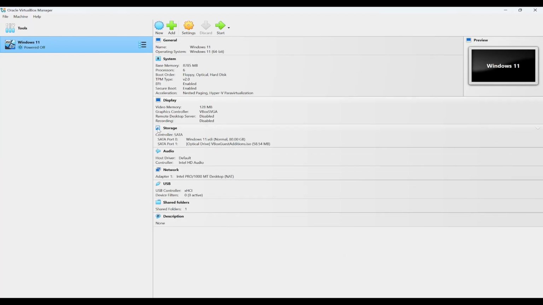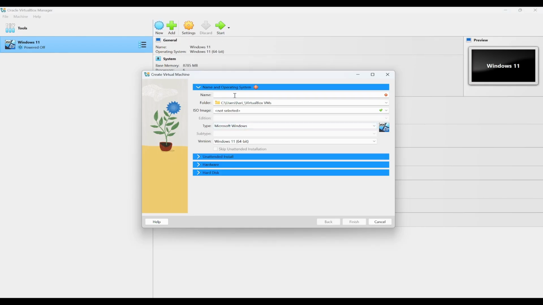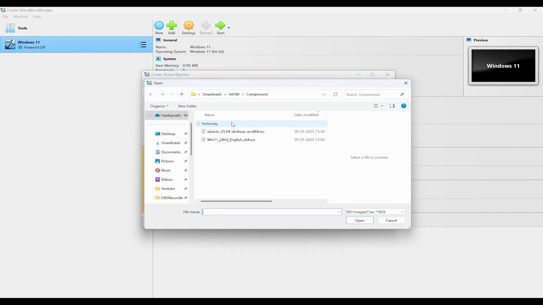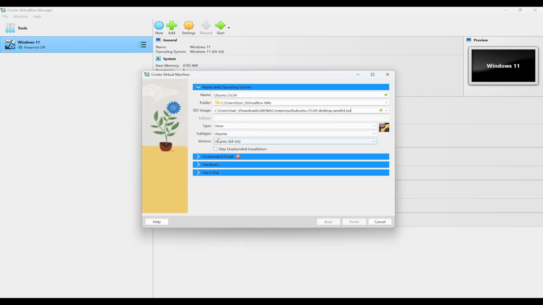So here in VirtualBox, you need to click on New. In the New, you need to give it a name. So you can provide Ubuntu 25.04 and select the folder and the ISO file which you want to use. So I can click on that, and based on the browsing I have found Ubuntu and I will use that ISO file, and it has automatically taken the type, subtype and version.